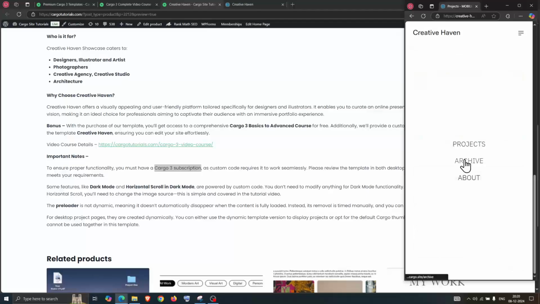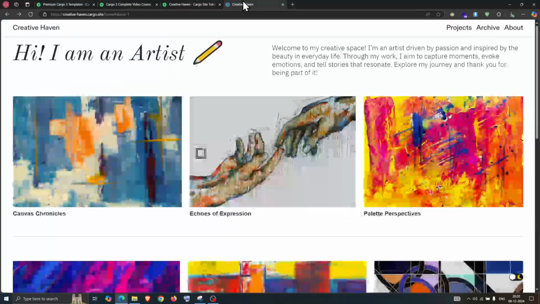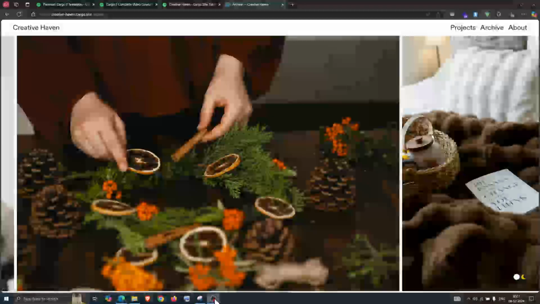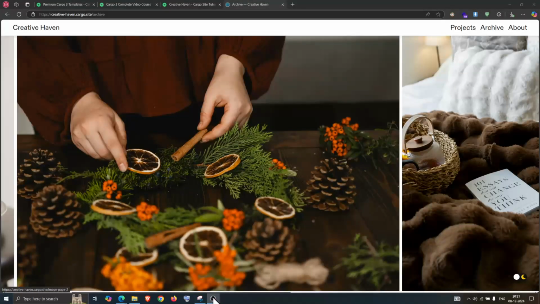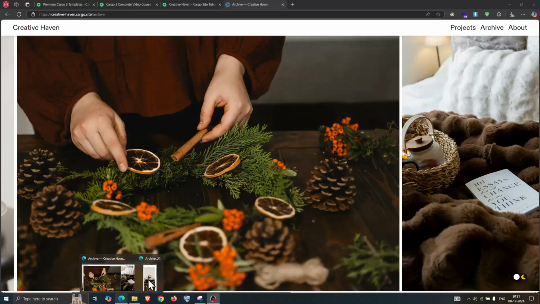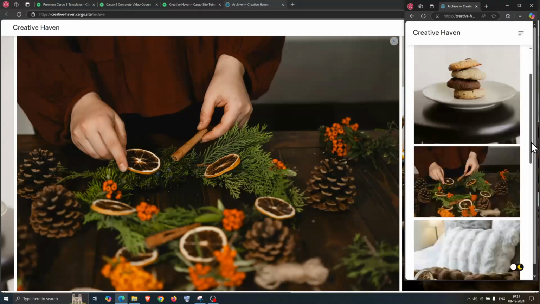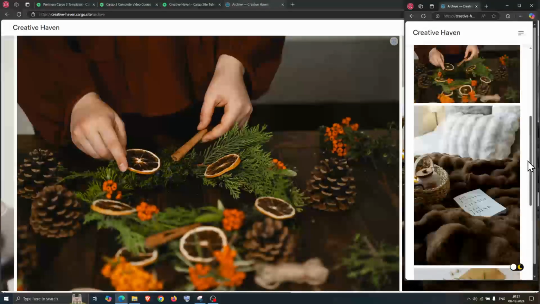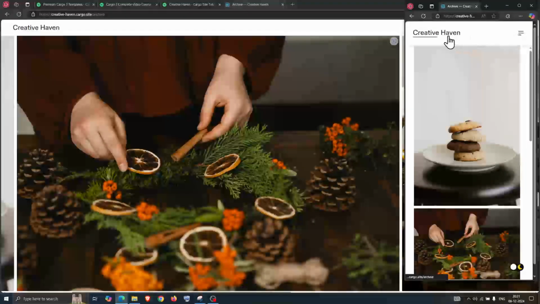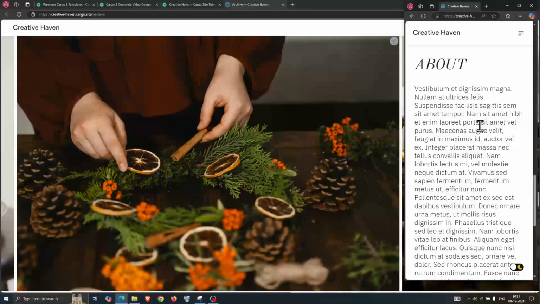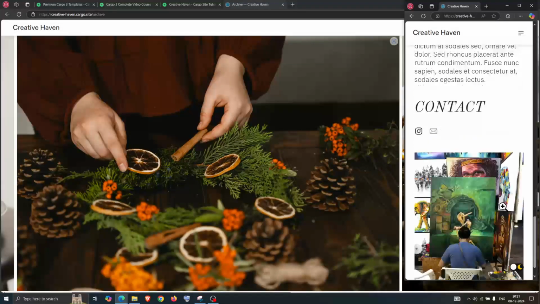On the archive page, in the desktop version we have the horizontal scroll, but for the mobile version it is a vertical scroll. And on the home page we have listed it like the mobile version.